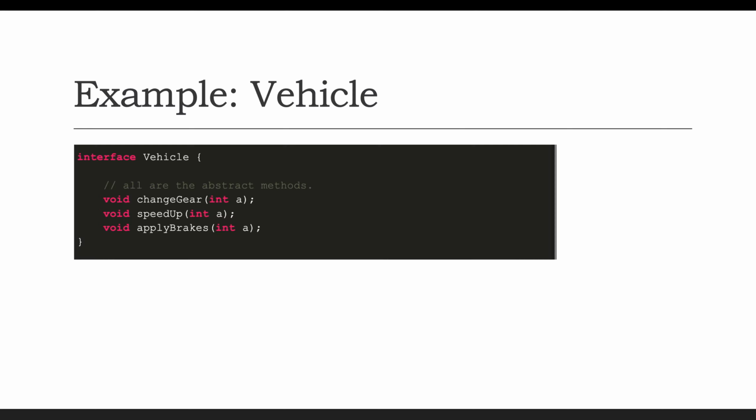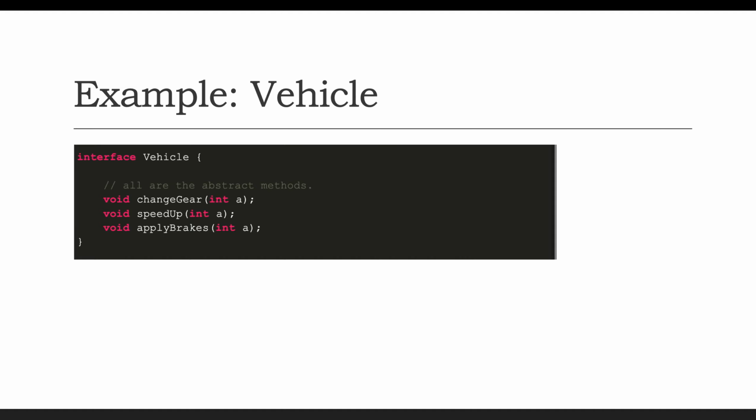Now let's see some examples. Let's say we have a requirement to design a vehicle. If we are using the interface, instead of implementing the functionality, we can design a blueprint, in the sense we just define the structure, not the logic. So we can create a Vehicle interface, and here we can define the functionality. What functionality is going to be there for the vehicle? Let's say one functionality is change gear. How the change gear is going to be implemented, we are not going to worry about. So that is the one advantage.